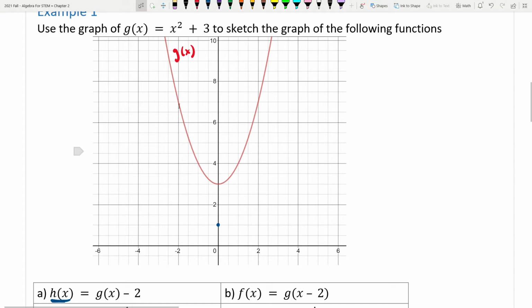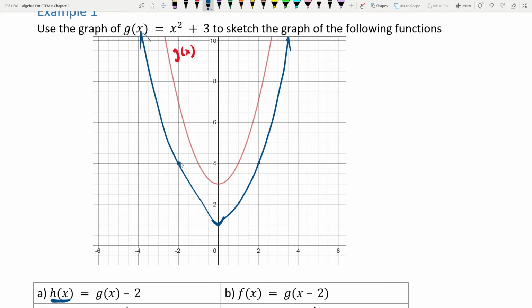I look for another point. This one here can go down 1, 2, 3, so right around here. This one will be here. And so we get the graph that looks something like this, which is the graph of g of x shifted down 2. If we have f of x equals g of x minus 2, so here's f,